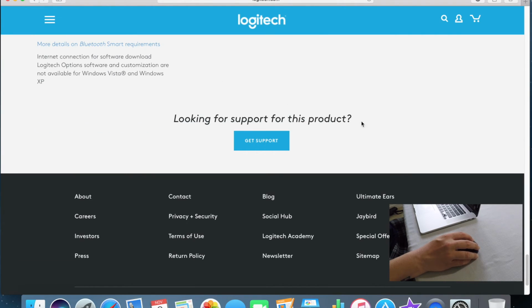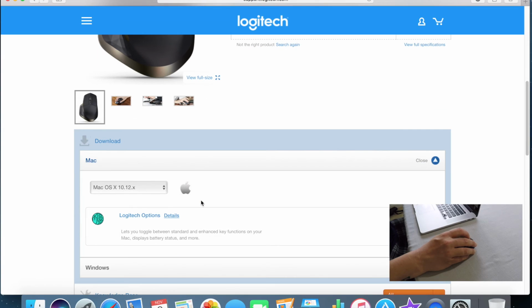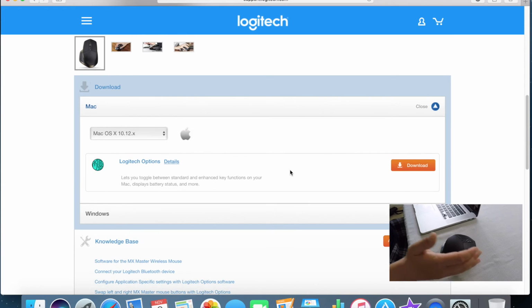Looking for support for this product? Yes. So get support, click on that. You go to the next web page, and it's going to tell you the operating systems. Just go ahead and scroll down to the download section. Now, with this being paired with the Mac, I went on ahead and downloaded this already. But if you have a Mac, go ahead and download